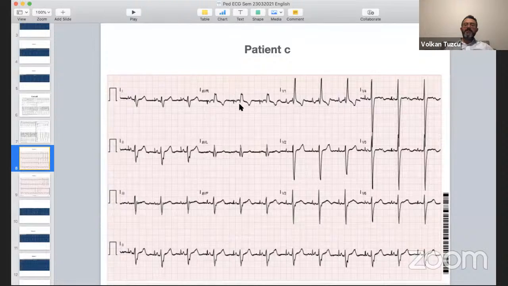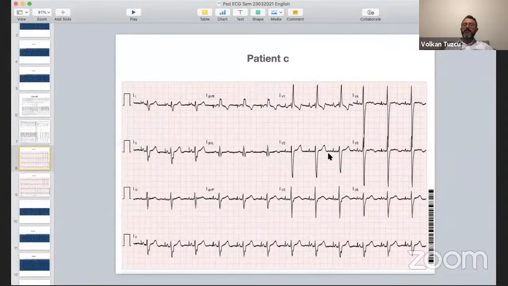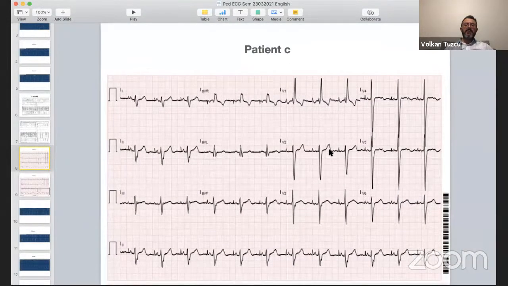Let's get your opinion about this. What do you think about this ECG, 12-lead ECG? Okay, is it better? I think you had difficulty seeing my screen. Can you see the whole screen, like the ECG? For example, in this case, I just want to make sure. Okay, good. All right, so some already mentioned there is pacing here, right? So what type of pacing do you see here? Is it atrial, is it ventricular, is it dual chamber? What do you think?